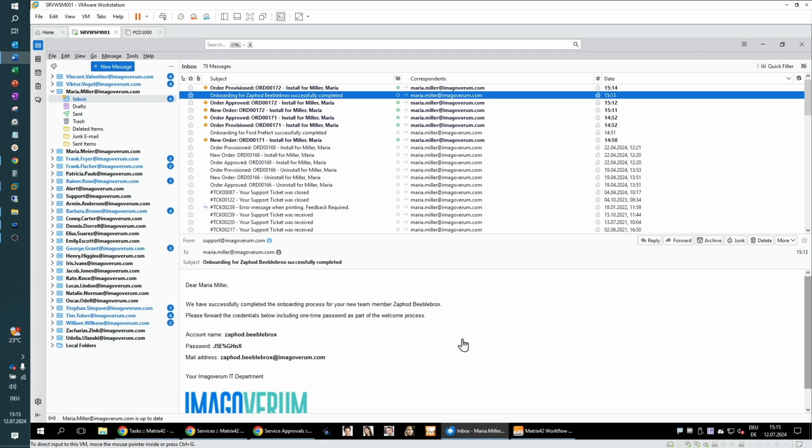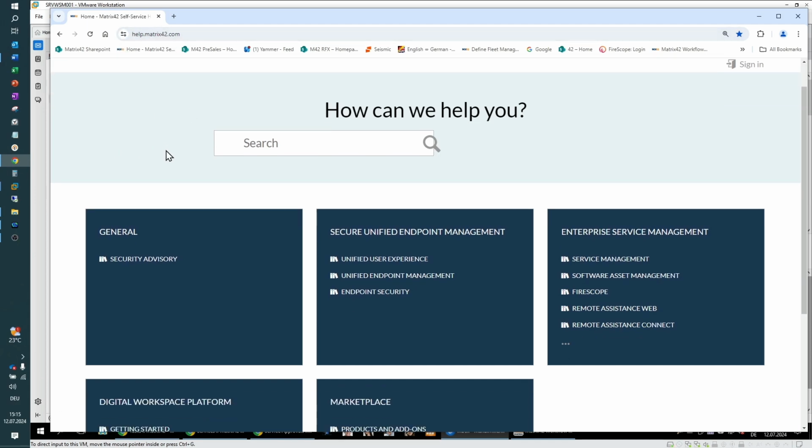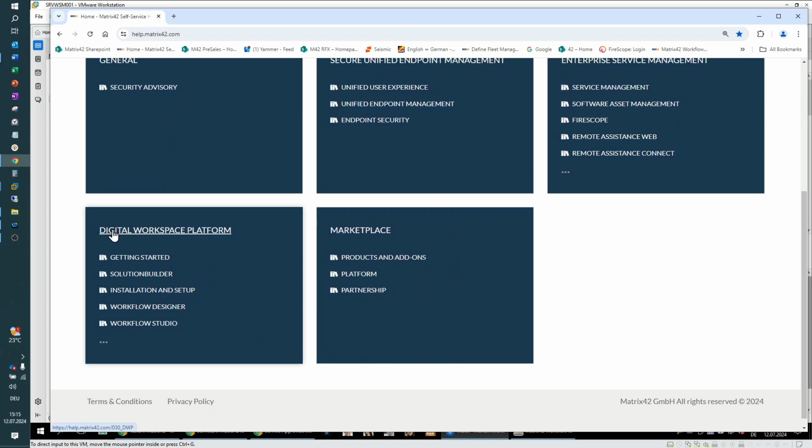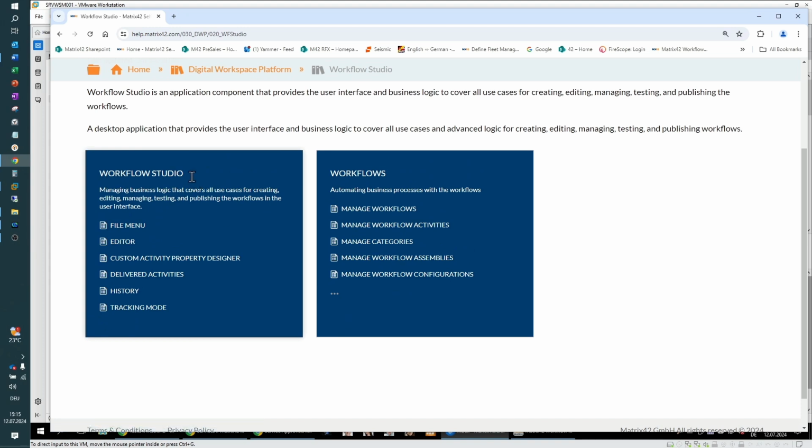Should you have further questions related to workflows, I may tell you the site help.matrix42.com, and here you find the subject Digital Workspace Platform. Here you find the Workflow Studio, and here you find a lot of explanations about everything related to the Workflow Studio, explanations to the file menu in detail, explanations to the editor, then a description of